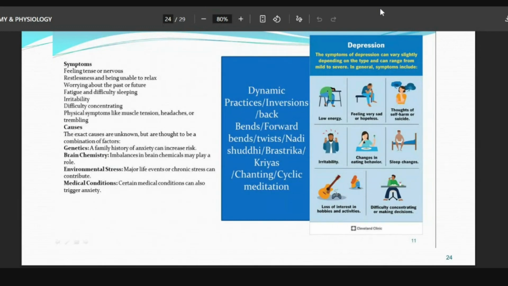So in both of these things, anxiety and depression, many times there is an overlap. People who are going for anxiety treatment for a long time tend to have phases of depression and anxiety both. Okay, so that is why I have put this, what is good for both. So dynamic practices, inversions, back bends, forward bends, twists, nadi shuddhi, bhastrika, all the kriyas, especially neti, chanting, cyclic meditation,